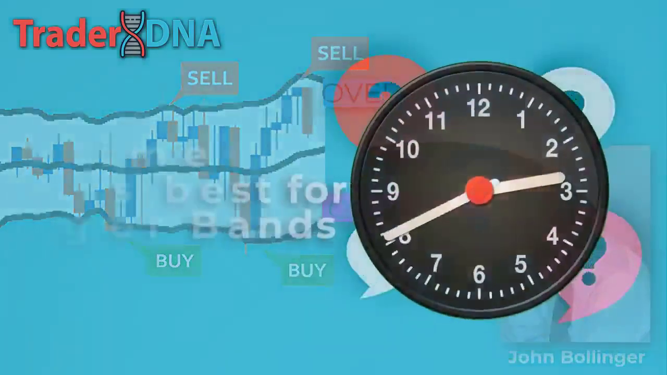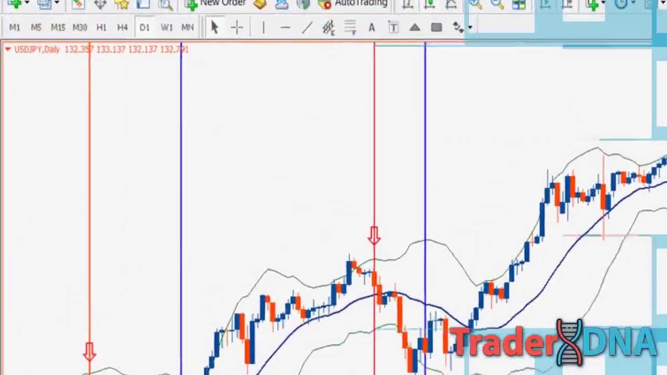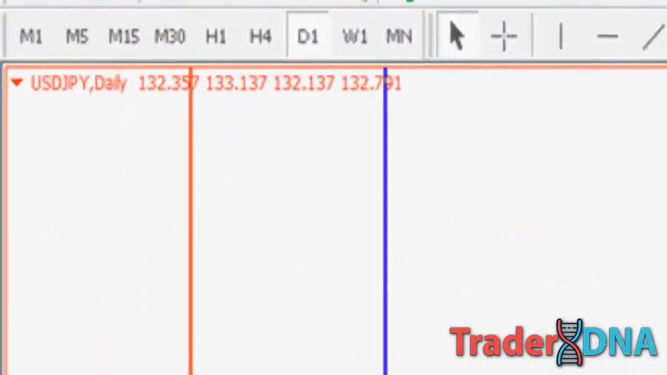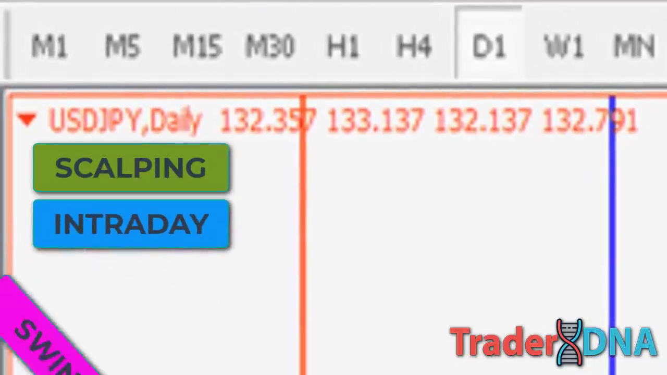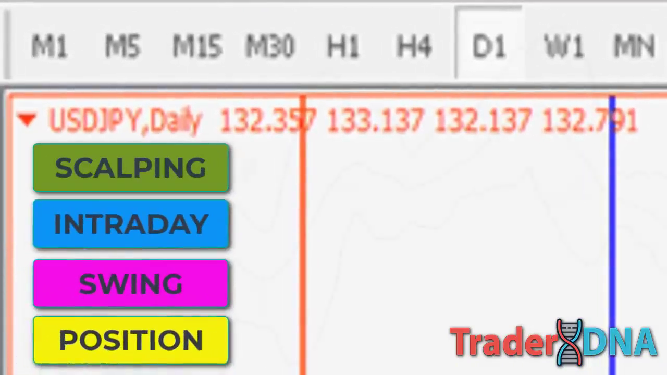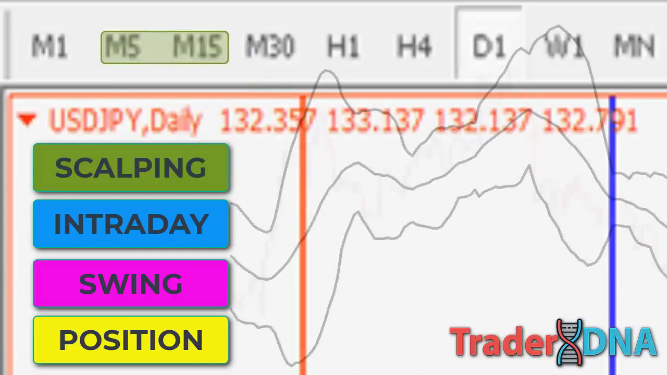What time frame is best for Bollinger Bands? Actually, choosing a time frame is more related to the trading style of each trader. In trading, we are familiar with scalping strategies, intraday trading, swing trading, and position trading. Scalping trading, which is a short-term trade, is more suitable to use the M15 or M5 timeframe for accurate price details. Intraday traders who open orders in a day are more suitable to use the H1 and H4 timeframes to